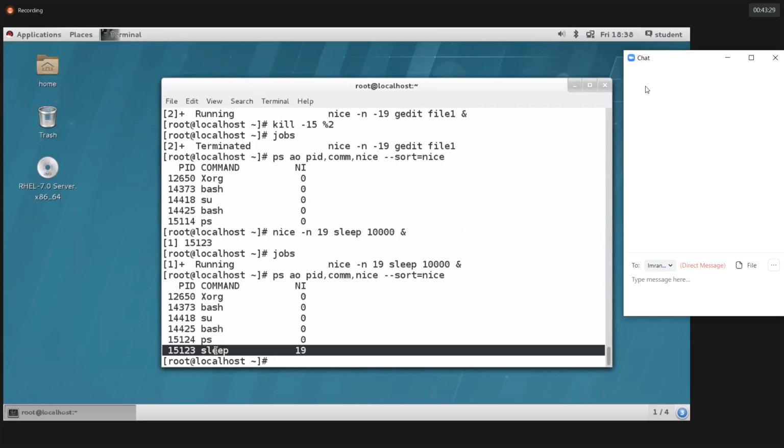Now I need to provide the high priority for this particular sleep command. So how to provide? To change the priority for an existing process, we should use the renice command. To assign the priority for a new process, we should use the nice command. Okay. Already sleep is an existing process, already it's running. I'm trying to change the priority for the existing process. Renice, then -n